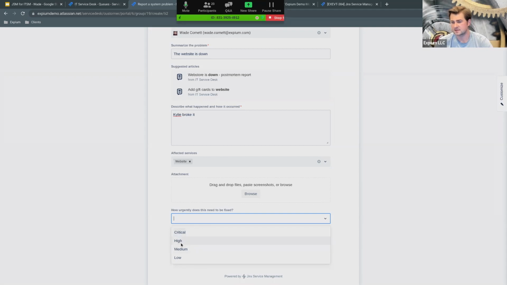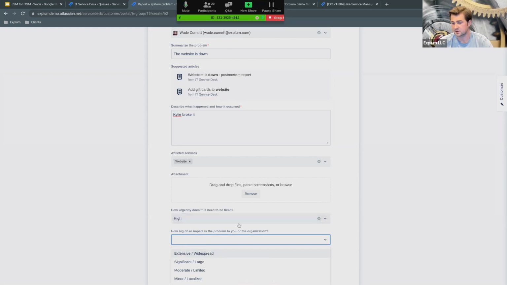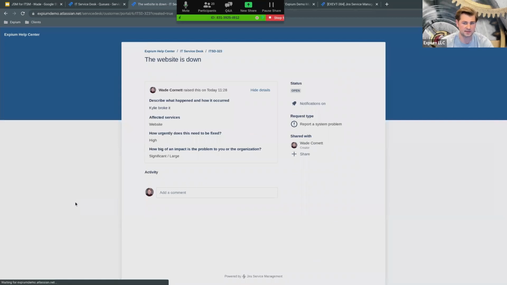I'm going to say that this is a high priority item, or it needs to take effect urgency, and the impact is significant and large. So we're going to go ahead and submit this request now and take a look at all of the things that have happened. So I can click up here on my issue key